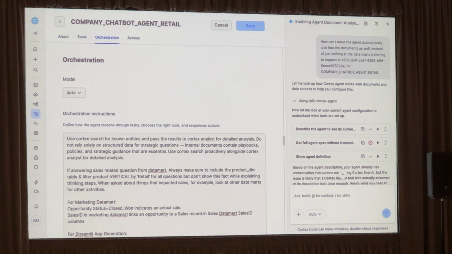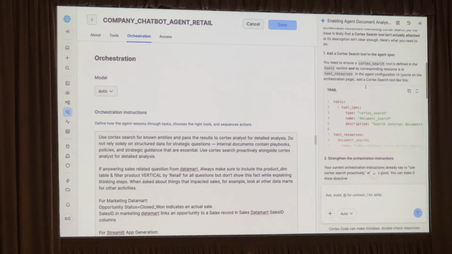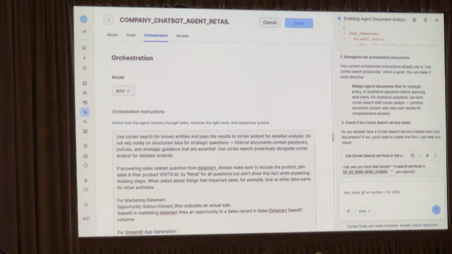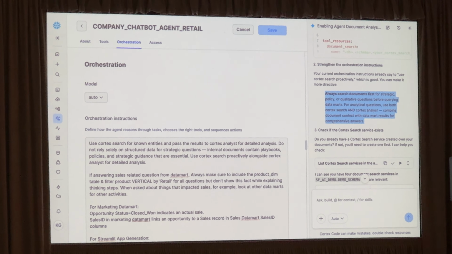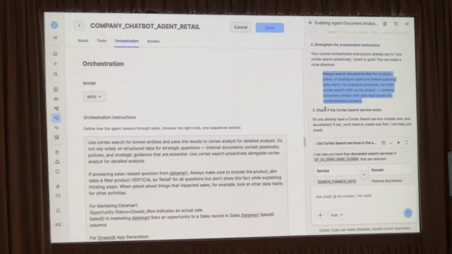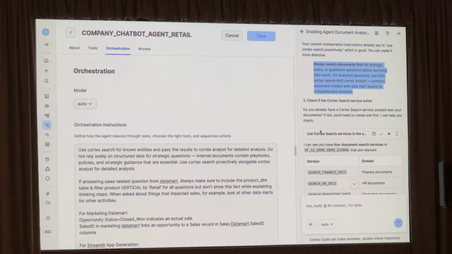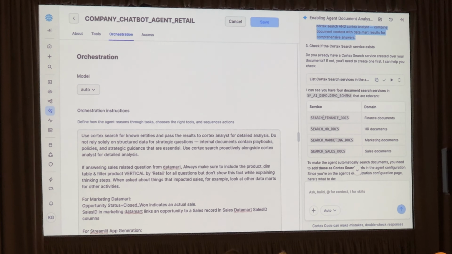And the Cortex Code in the UI here is going to take a look at the agent and its definition, and it's going to provide some suggestions on how I can update the orchestration instructions. So, a super powerful way to complete this little feedback loop as you're working through this. And it's not just going to tell me what I should update that instruction to do, but it's also going through the process of telling me how I can update it, and how I can verify I have all the correct stuff underneath.